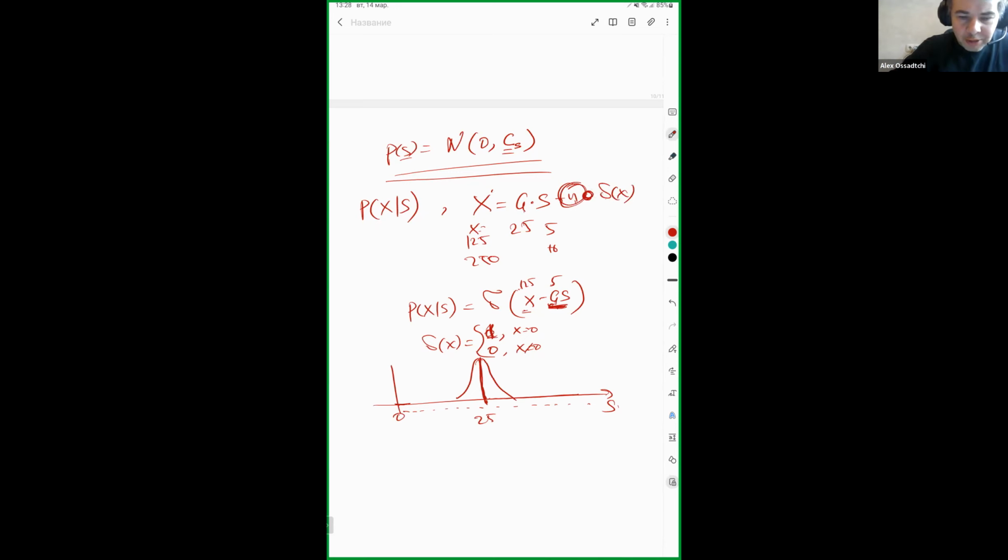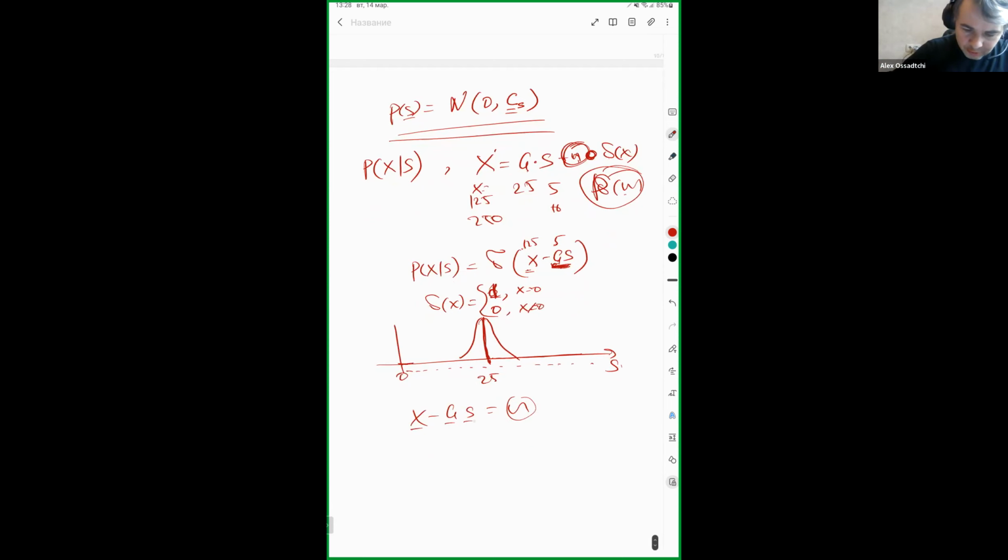But if it's not noise, if it's not delta of X, if it's some uncertainty, then there has to be some distribution of your noise term. It tells you about the uncertainty. So X minus GS is your noise, and assume it's Gaussian noise, and this is sensors, right? This is sensors, so this is 102. So we will say that noise is also zero mean with some noise covariance matrix C. We can assume that it's white. We can assume that all sensors are noisy and the magnitude of the noise is the same